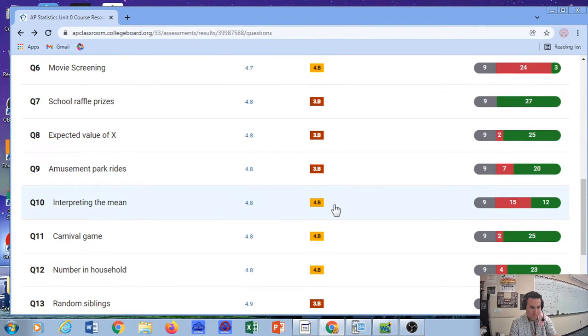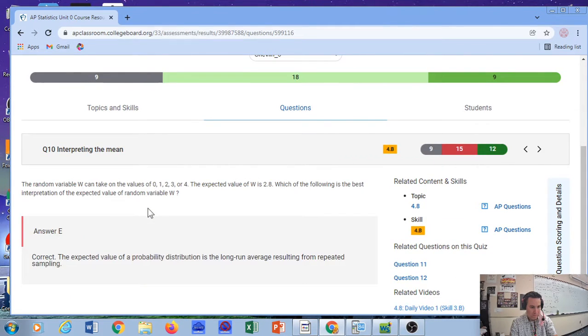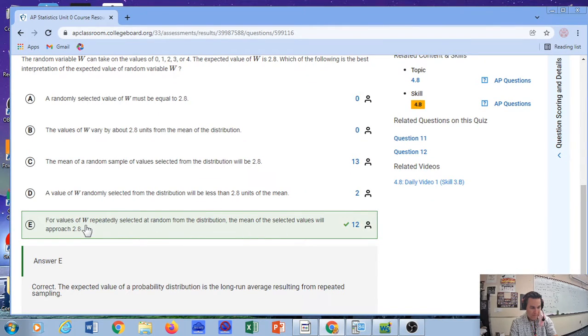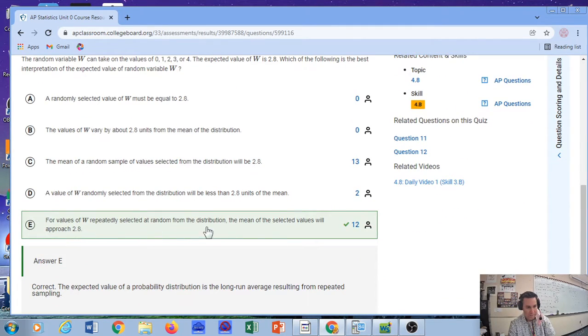16 of you missed. 15 of you missed interpreting the mean. This was a hard one, down to 50-50. I know most of you knew it was one of these two answers. The best one here is that if you pick out a random number and you did that many different times, the average would be 2.8, right? According to this random number table and whatever the probabilities were, we're going to average 2.8, which means if we picked a random number many times, it would average about 2.8. That's sort of what E is saying, whereas C is saying you pick a group of them and take